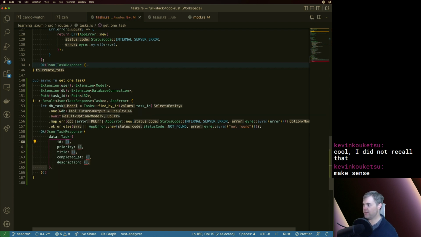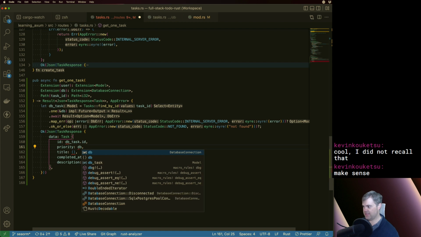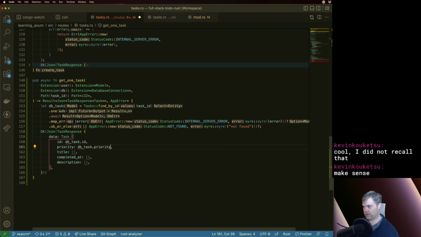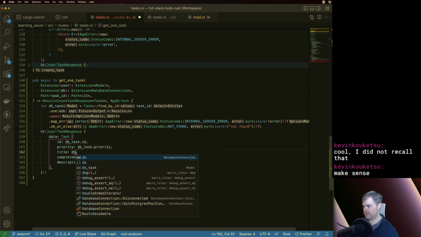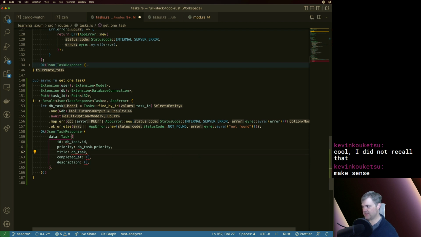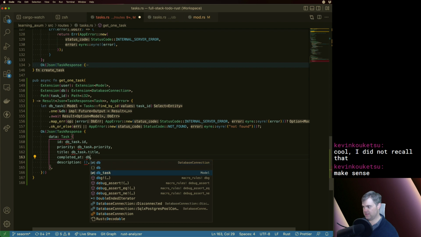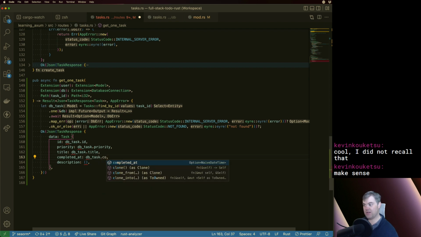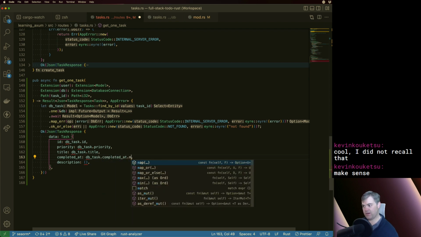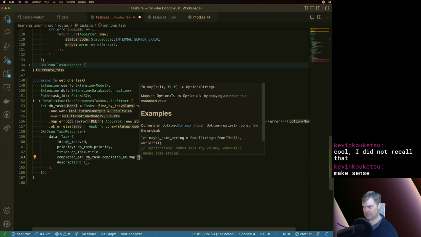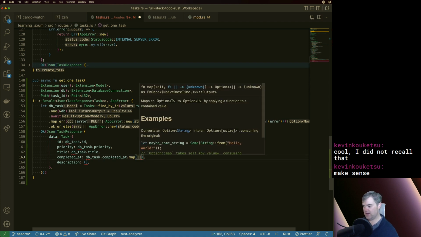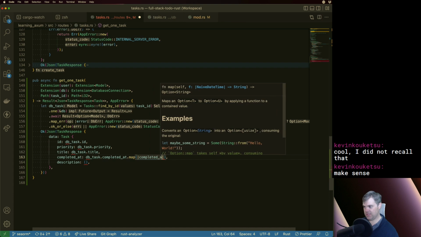All right, so we get to do a db task.id, db task.priority, db task.title, db task.completed at, but then we want to map this to be completed at